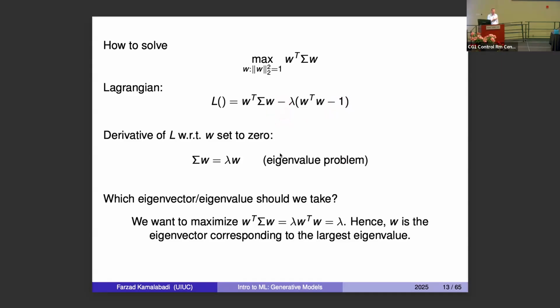Typically, what you add up there is a plus, but that's for a minimization. We are doing a maximization, so you can go through the algebra, but you build the Lagrangian, and then you take the derivative of the Lagrangian and set it to 0. And all that means is take the derivative of this with respect to W. You'll see the terms that you have and set that to 0. It's an algebraic expression, and you end up with sigma times W is equal to lambda times W. Now we arrive at exactly what you talked about, right?